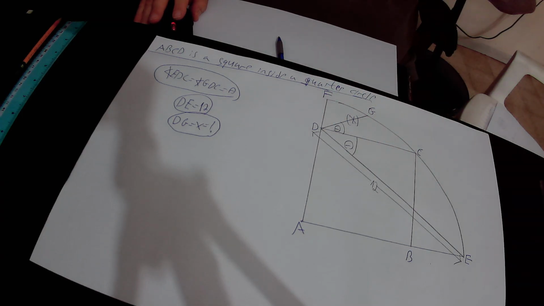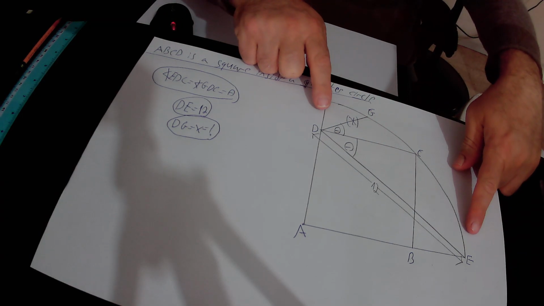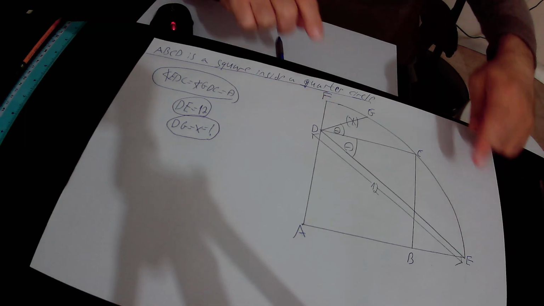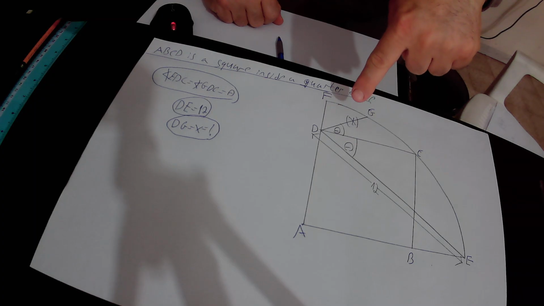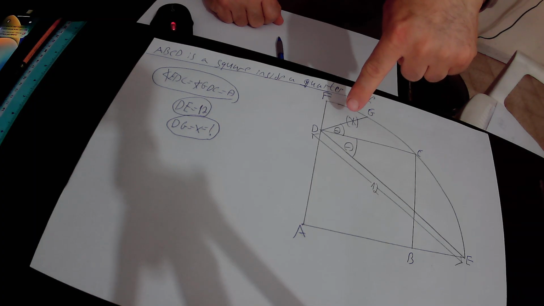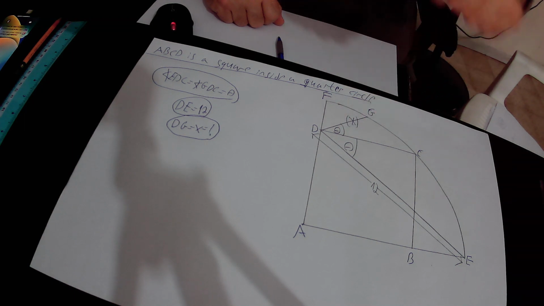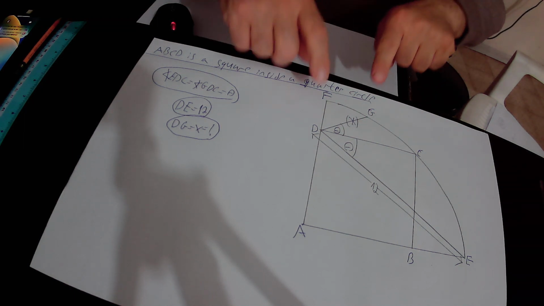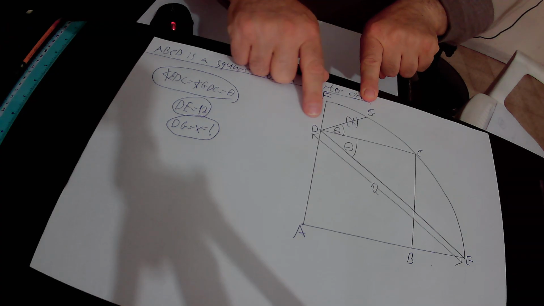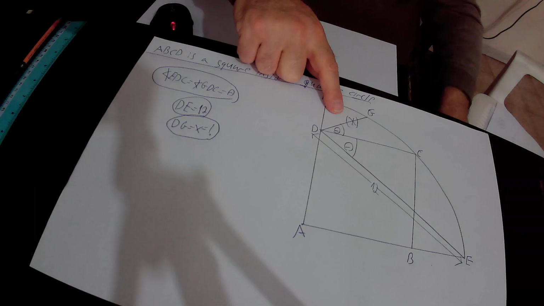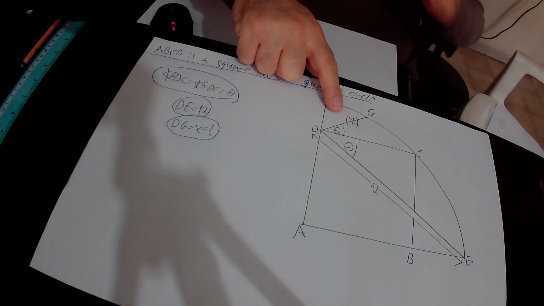In addition, we know that this is line segment DE that is equal to 12 units in its length. This is angle GDC that is equal to theta. This is angle EDC that is also equal to theta. Our mission is to find out the length of this line segment GD, which is equal to x. Okay, so first of all,